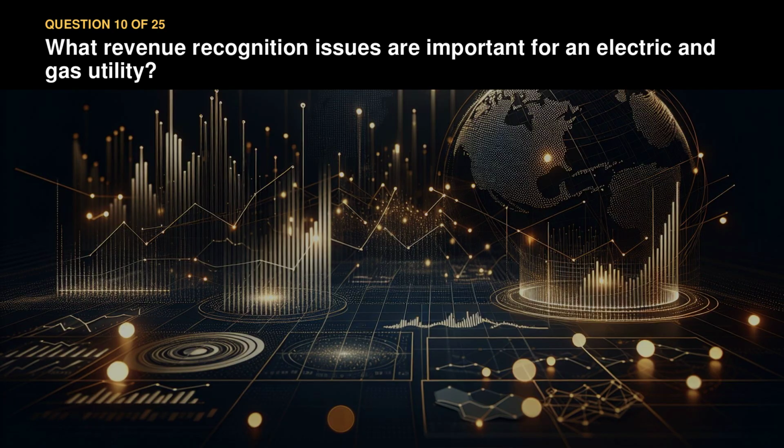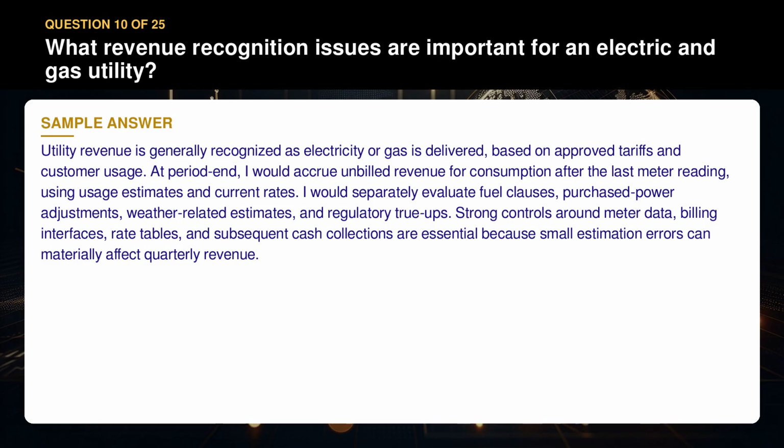Question 10. What revenue recognition issues are important for an electric and gas utility? Utility revenue is generally recognized as electricity or gas is delivered, based on approved tariffs and customer usage. At period end, I would accrue unbilled revenue for consumption after the last meter reading, using usage estimates and current rates. I would separately evaluate fuel clauses, purchased power adjustments, weather-related estimates, and regulatory true-ups. Strong controls around meter data, billing interfaces, rate tables, and subsequent cash collections are essential because small estimation errors can